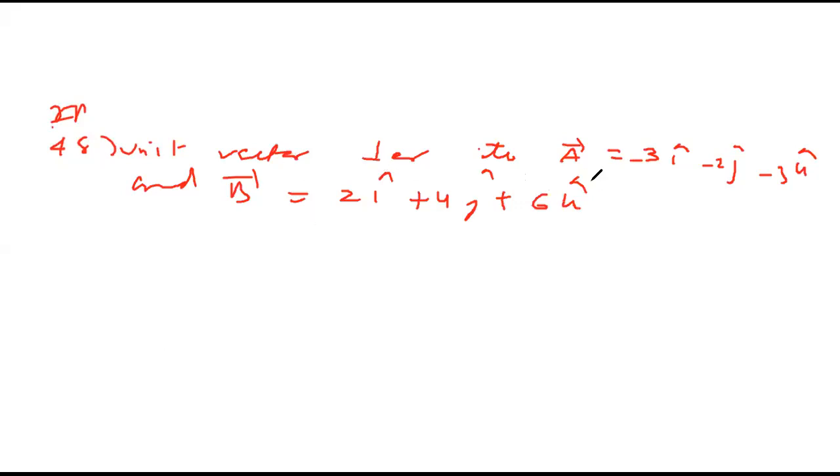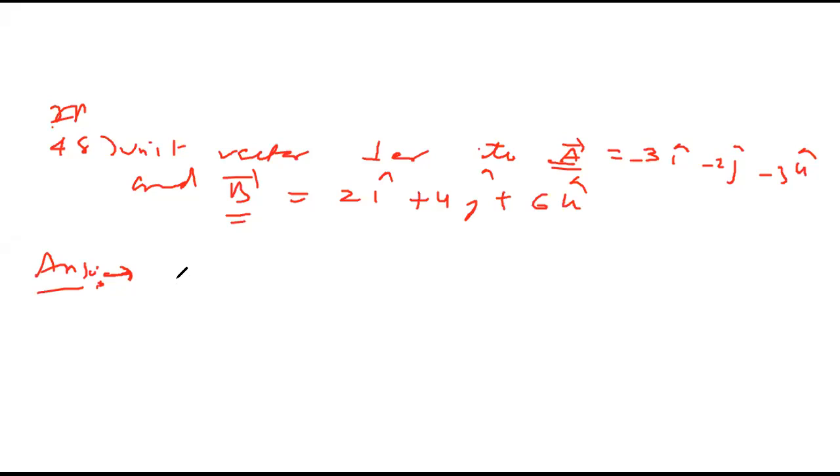Which vector is first perpendicular to both a and b? Forget about unit. Which vector is perpendicular to both a bar and b bar? Anybody knows? Which vector is perpendicular to a and b? Chalo, Amy, which vector is perpendicular to both a and b? Which is that vector? Vatsal? A cross B.